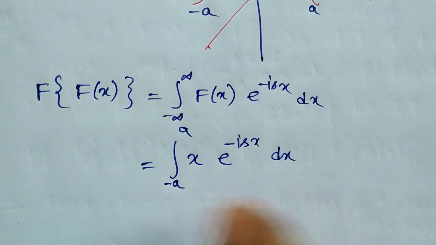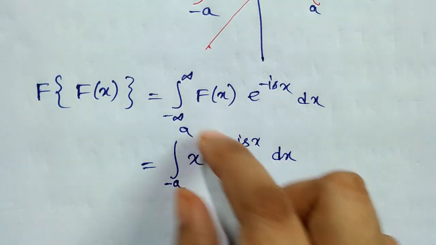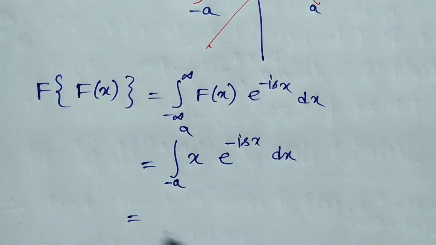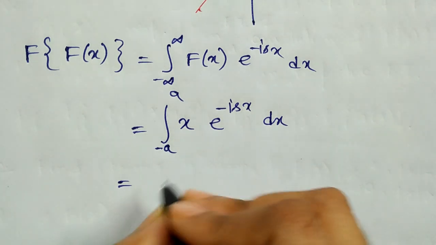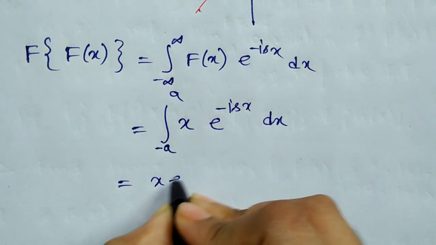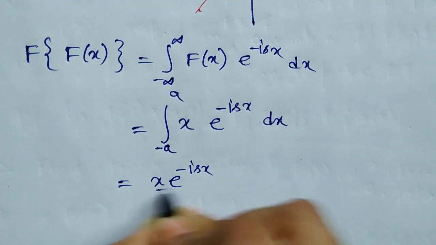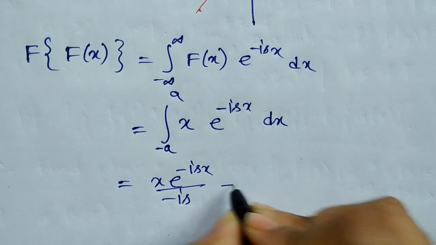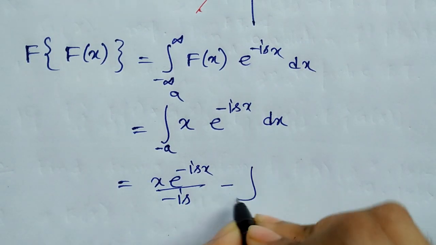Because in the outside portion the function value vanishes, I just mention this range. Next, integration by parts. So calculate this: x e to the power minus isx by minus is, minus the derivative of